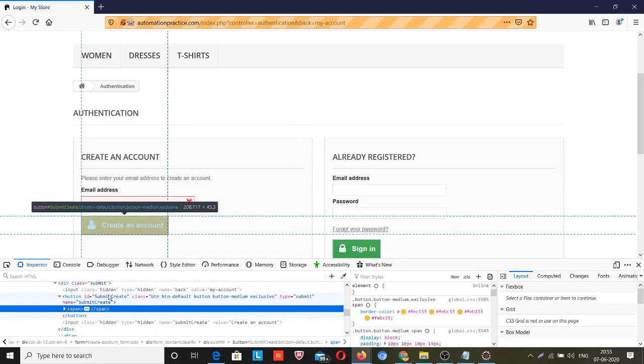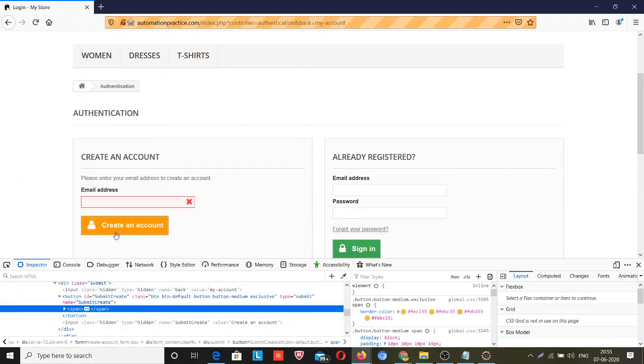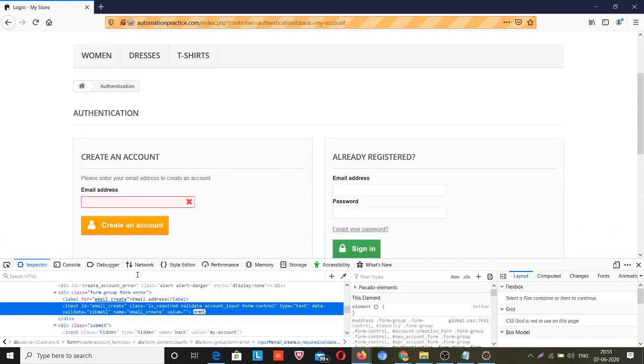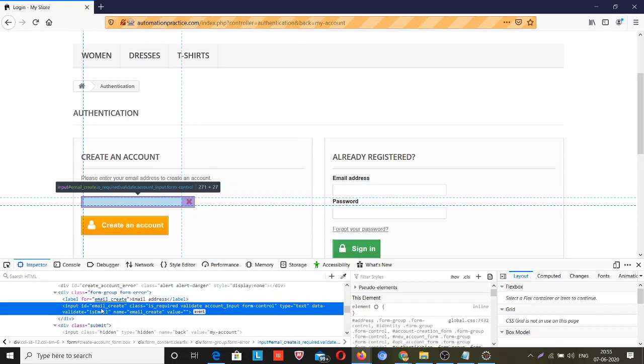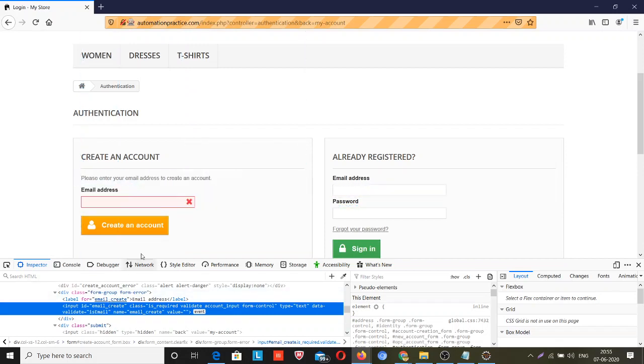When you hover, it will select that. You can see over your screen that when I move my cursor to this button id, it selects this button. Likewise, when I go to this input box, it addresses this input box here.